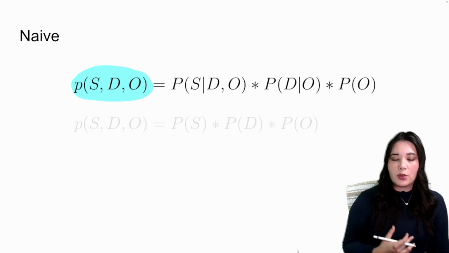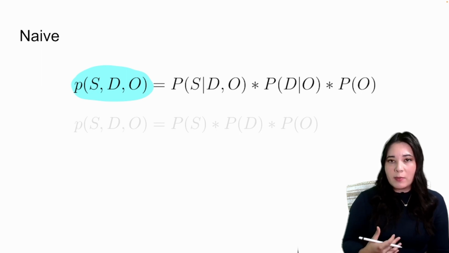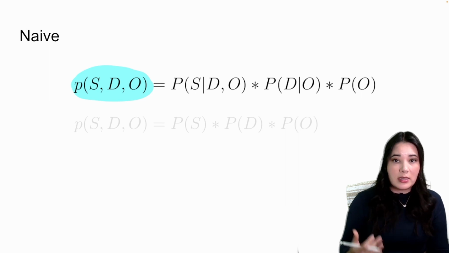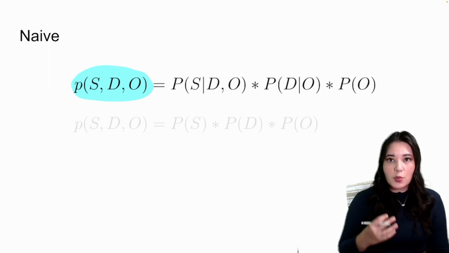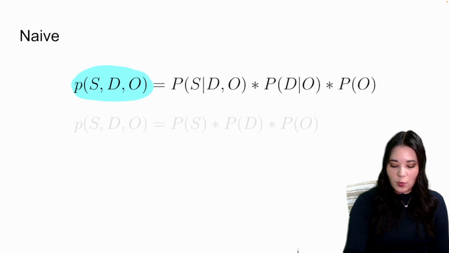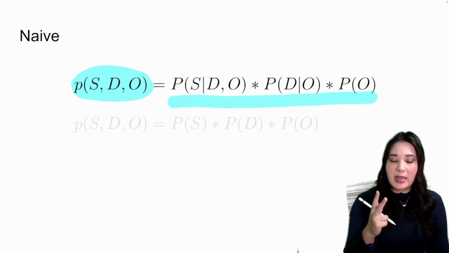For instance, if you have a chronically high-stress job, you might be more likely to smoke and also more likely to be obese because you don't have access to simple, easy meals that you can cook at home. So we know these two things are related. And because they're related, the way that we calculate this probability of being a smoker, being diabetic, and being obese